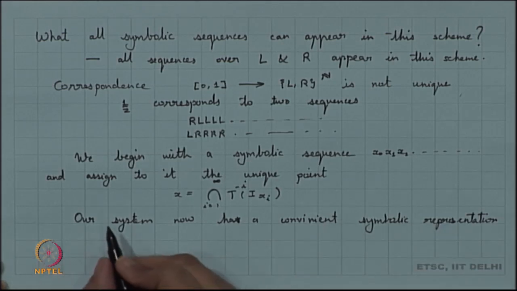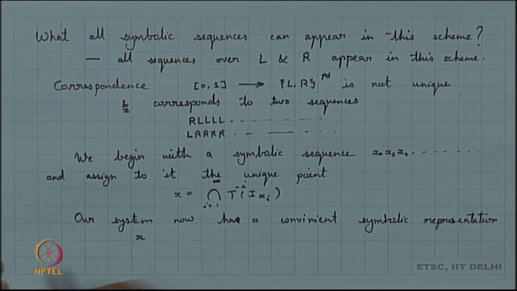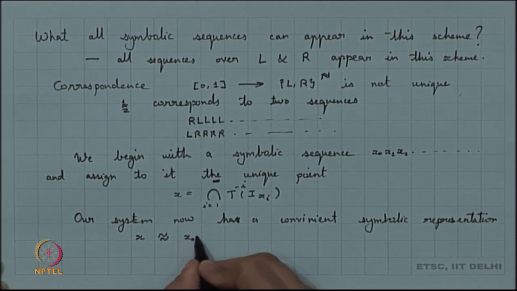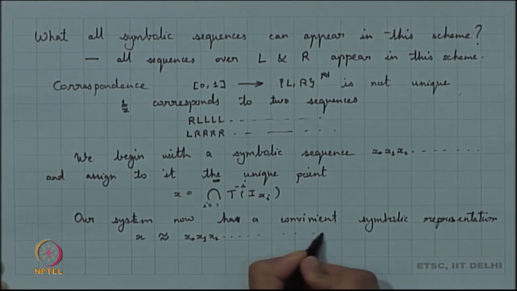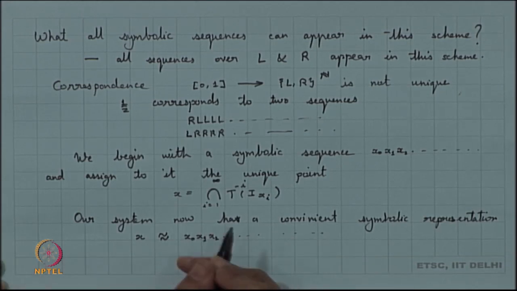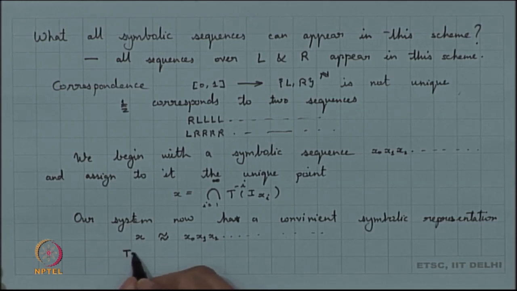We say that if I am looking at x, which is a point of 0 1, and x corresponds to this sequence x 0, x 1, x 2 and so on, then the correspondence tells me that T of x